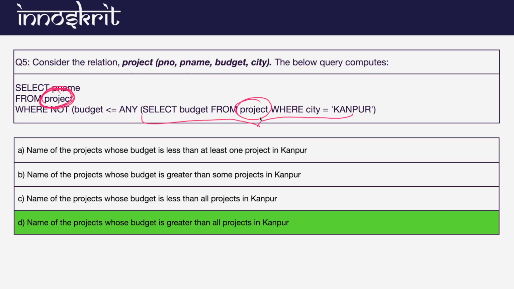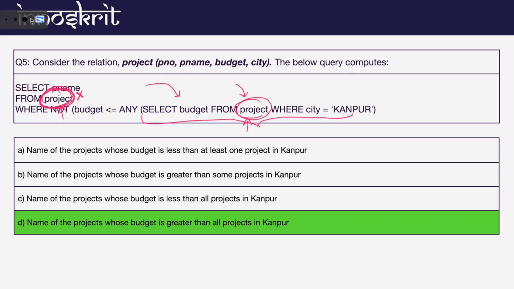This is again the same table, but this is the inner table, the one you use in the inner query. This is the table you use in the outer query. But you are not using any attribute of the outer query table in the inner query.